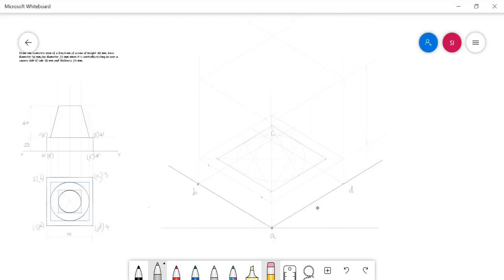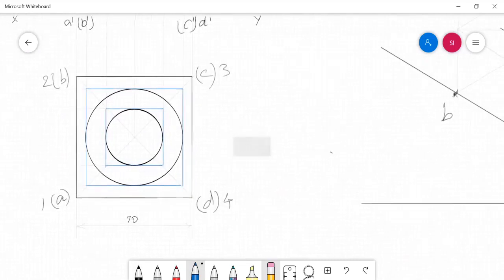This height is 40 mm. That is the axis height of the frustum of cone. And then that height is nothing but the thickness of the square slab given as 25 mm. Okay. And in this top surface, I needed to draw the isometric view of the face of the cone. And in that I needed to mark the points which are projected from the box enclosed over the top surface of the cone.